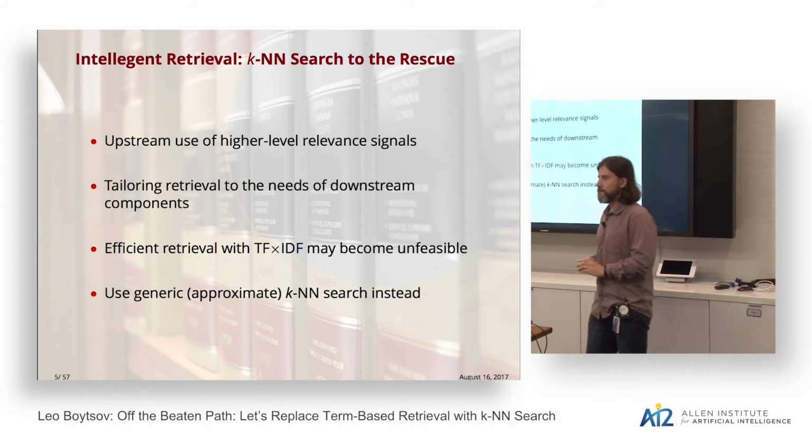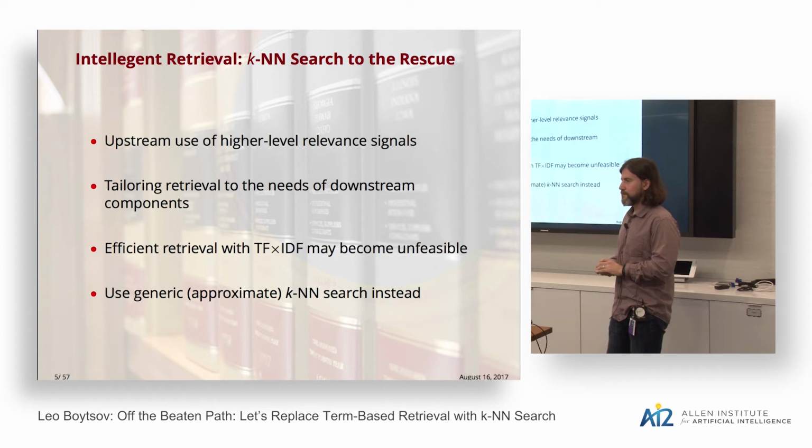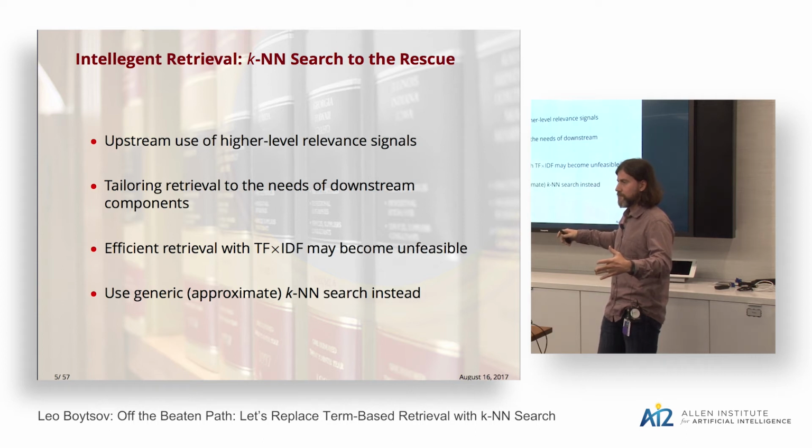Okay, is it clear? The question I was asking is, what's the relationship between nearest neighbor search and TF-IDF? A priori, it seems to me that there's no relationship. Yes, they're equivalent. I mean, it's a special case. It's exact nearest neighbor search, which is basically the maximum inner product search, because you compute the inner product and you find entries that have the maximum inner product, or say 100 entries that have maximum inner product. Okay, is this clear?